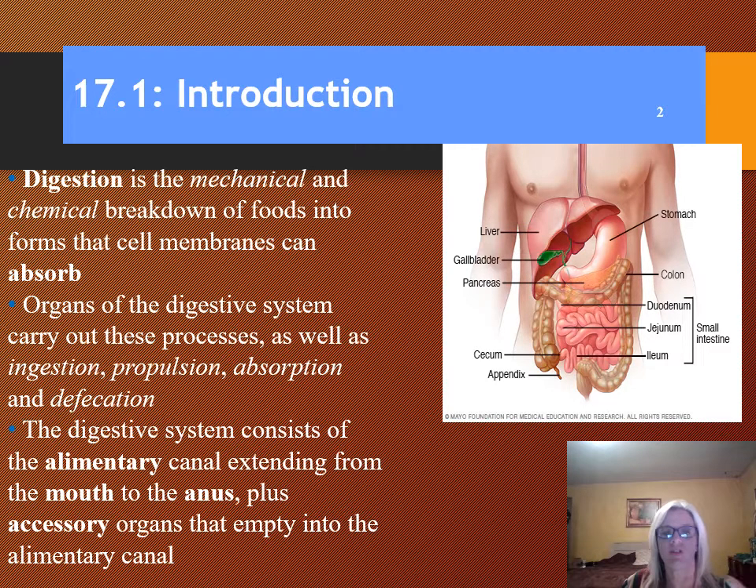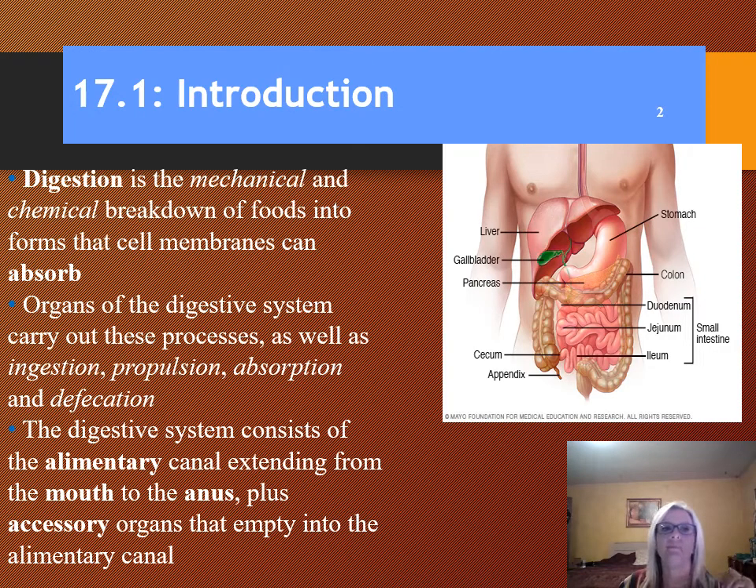So digestion is defined as the mechanical and chemical breakdown of food into a form that the cells can use. We absorb this and assimilate it. We put it to work. The organs of the digestive system carry out these processes, along with ingestion, propulsion, defecation, and absorption. And it consists of the alimentary canal, which we'll look at in the next slide. It extends from the mouth all the way to the anus